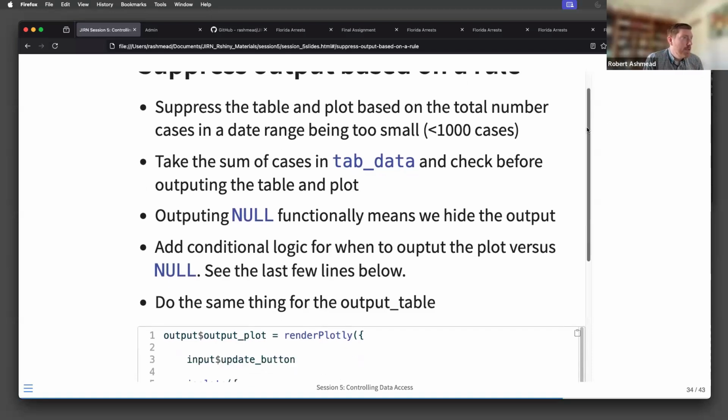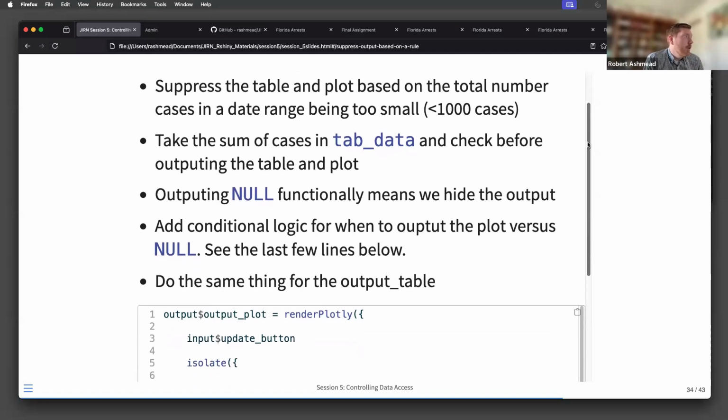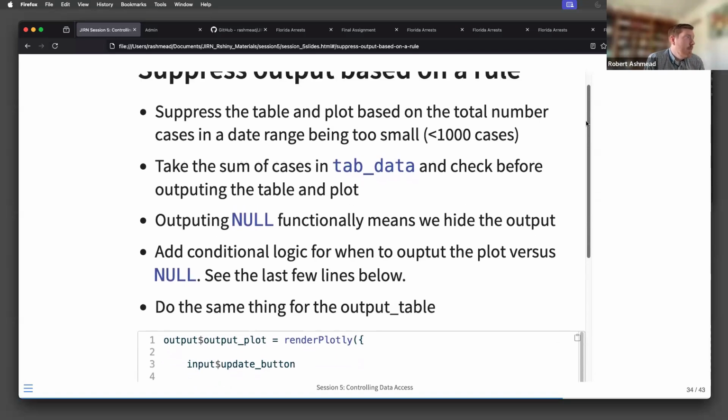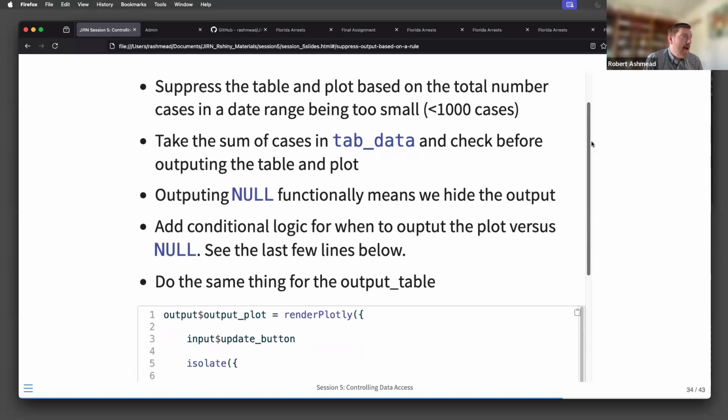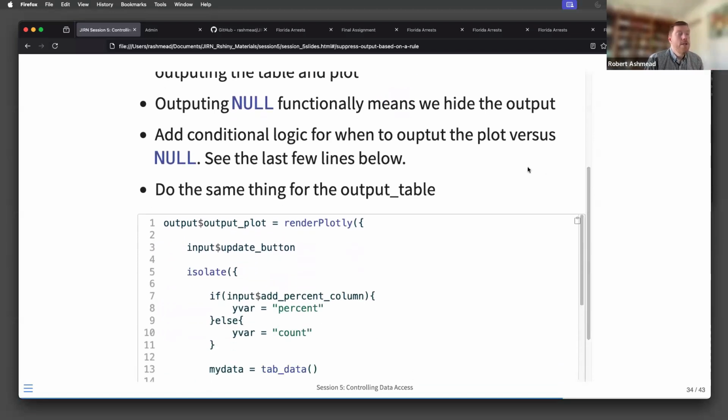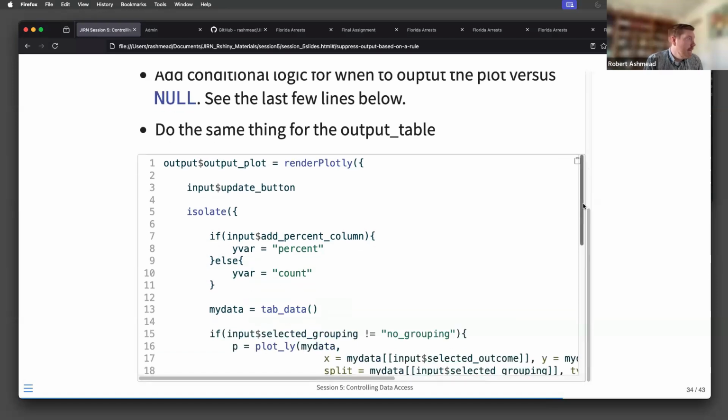How we're going to accomplish this is we're going to take a sum of the cases in that tab data and check it before outputting the table and the plot. There's a strategy we can use where instead of outputting the actual table or plot object, we're going to output null. And that's going to not show our table and our plot. We're going to do this for both our table and our plot. So what that looks like